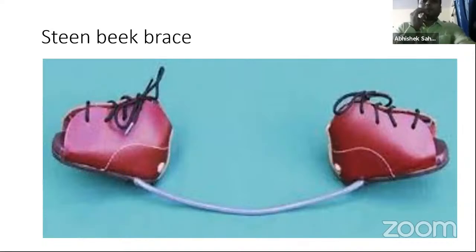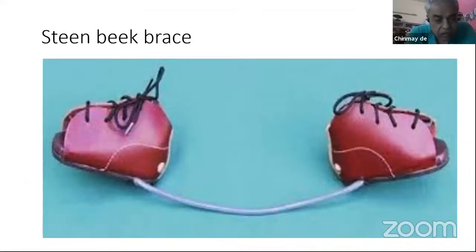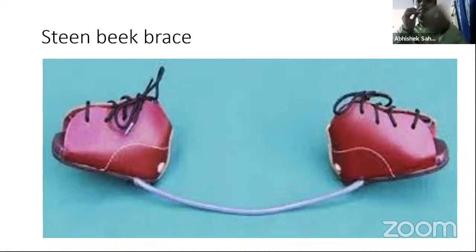The good thing about this brace is that all these things can be fabricated at a very low cost. We normally can just manufacture this entire thing. There are templates available by which this can be made, as well as the bar that we see over here is also a pretty simple one, and while the orthotist is fitting the brace to the child, we can just bend it and have a look that the feet are in proper abduction or not.